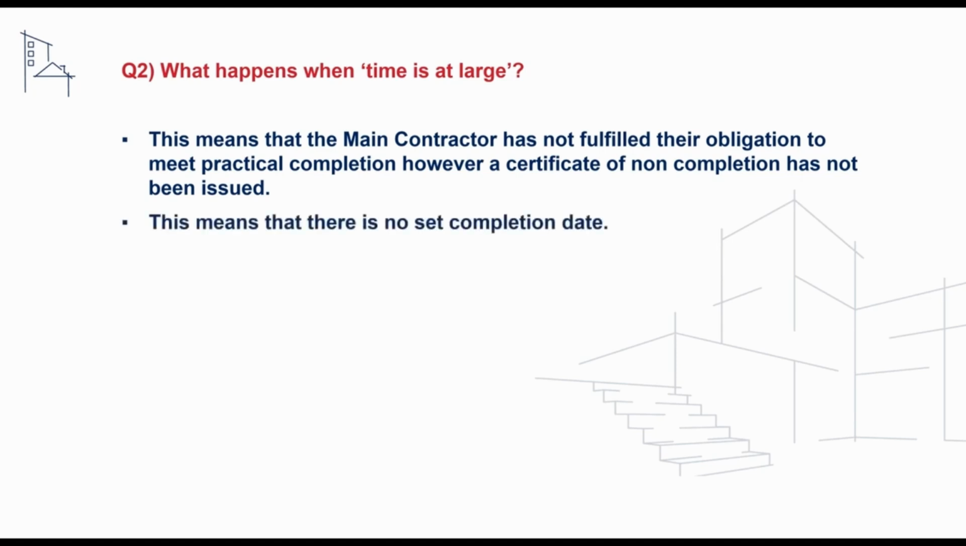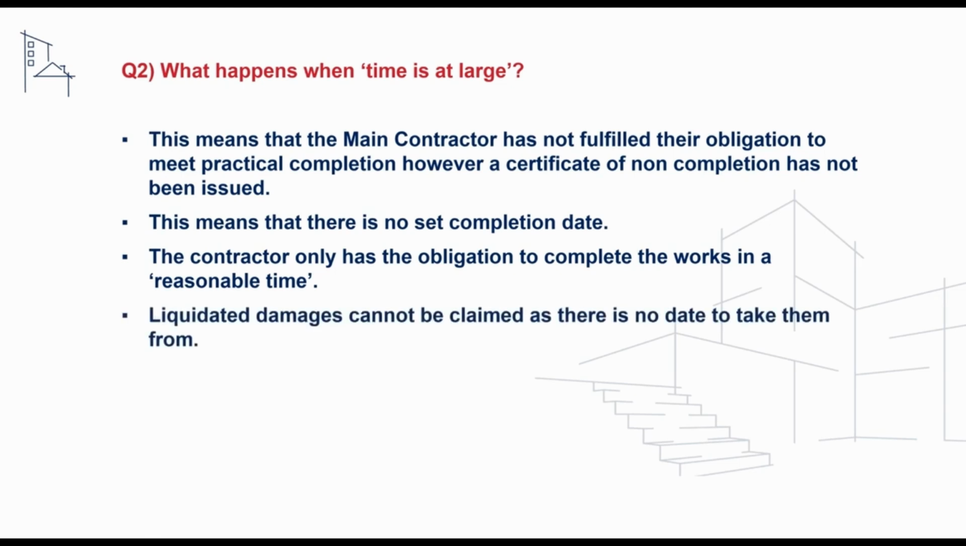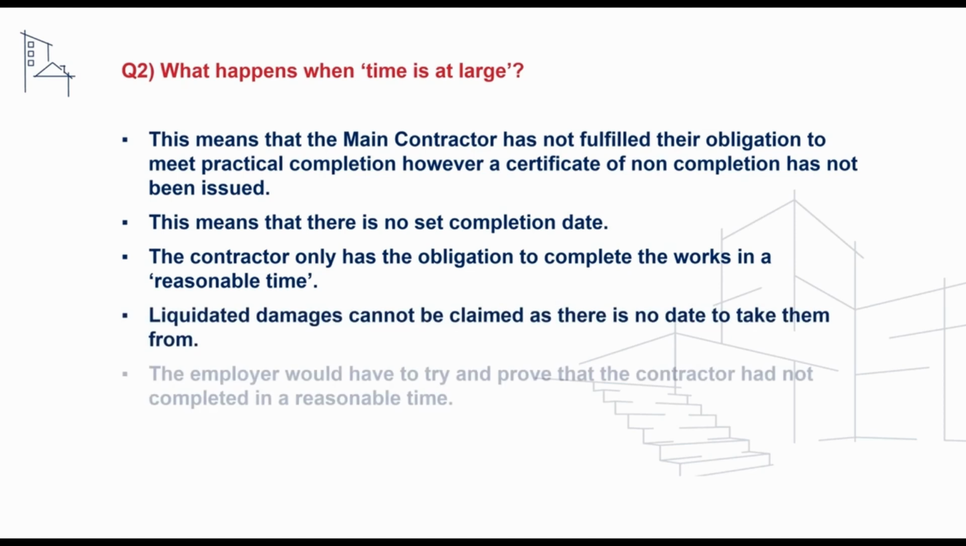This means that there is no set completion date, and it carries the implication that the main contractor only has the obligation to complete the works within a reasonable time. It also means that liquidated damages cannot be claimed, as there is no set date to apply them from, and the employer in this event would have to try to prove that the contractor had not completed within a reasonable